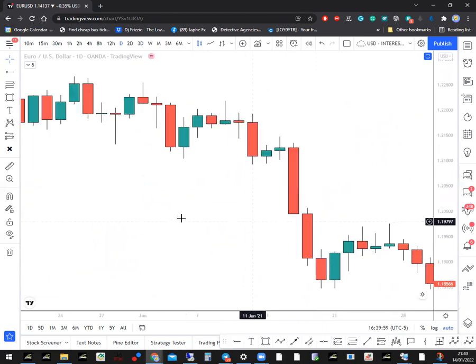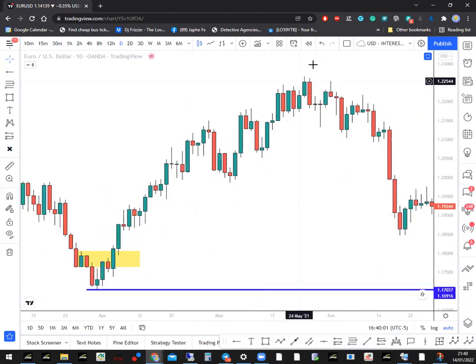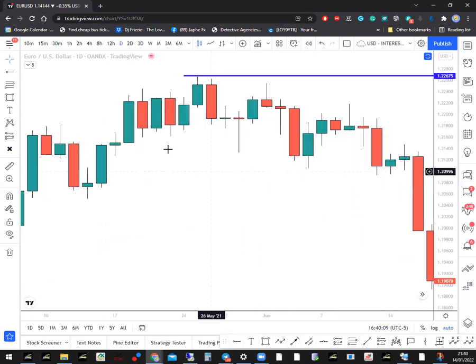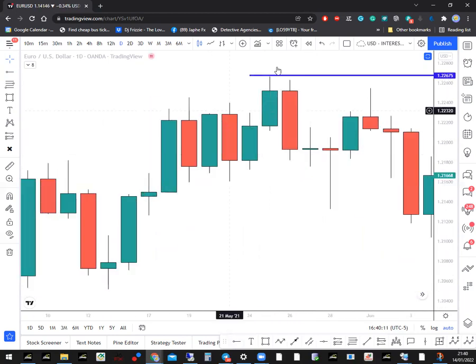Now, we have this up here. That's a high that has been made. Although there was some consolidation, but that high, you can see that this is the last red candle to the high. And mind you, you have to note that when it makes a high, the candle that we're talking about,